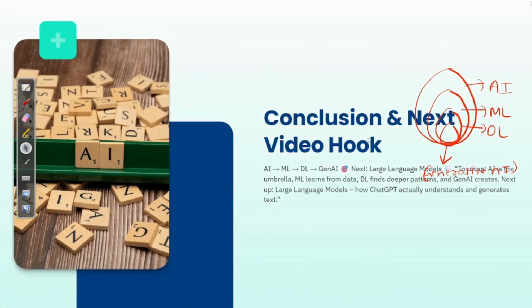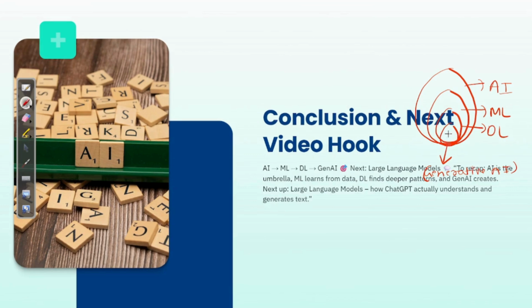As a recap, we have AI, inside AI we have ML, inside ML we have DL. Inside DL we have something called generative AI. Now you have understood the entire AI hierarchy. It's time to zoom in on one of the most important topics present inside generative AI, which is something called the large language model,